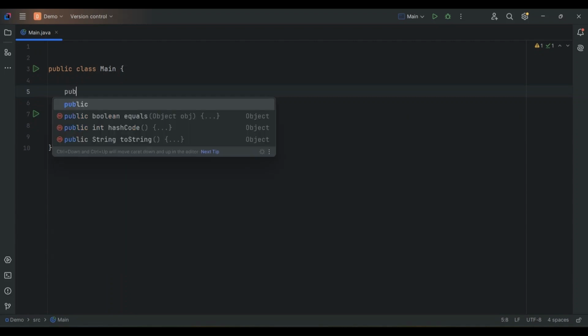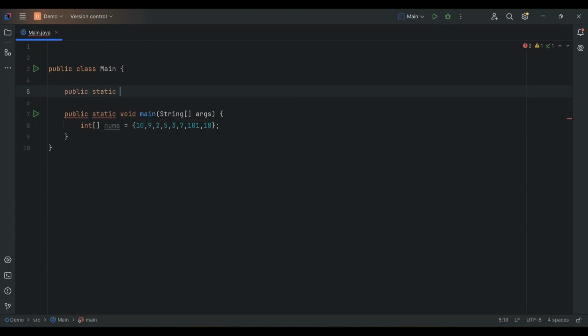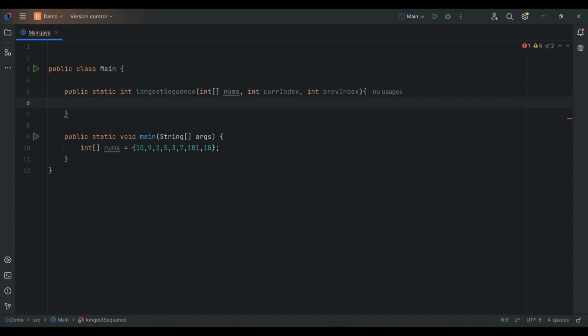I will write a method. It will return an integer, of course, longestSequence. I'll be taking my numbers as input and my current index. Current index is the index which I want to check whether I should skip it or not. And the previous index, so whatever my previous sequence element was, this value is